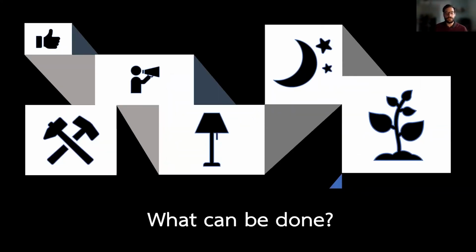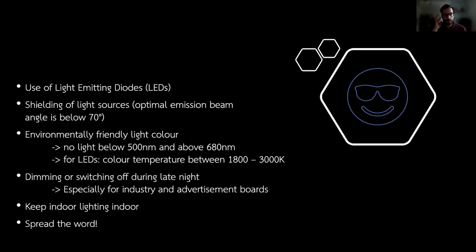So the last section of my talk, talking about transformative change again. We are talking about the change here on our planet Earth. What can be done in this relatively small issue of light pollution to undergo a transformative change to an environmentally friendly and a sustainable future? What can be done? In fact, we were learning LEDs are a very good point. So for every lighting situation, use LEDs. They are energy efficient. They are really, really good ones.